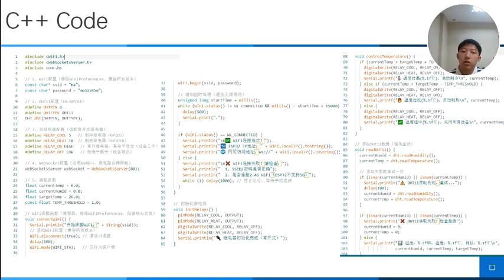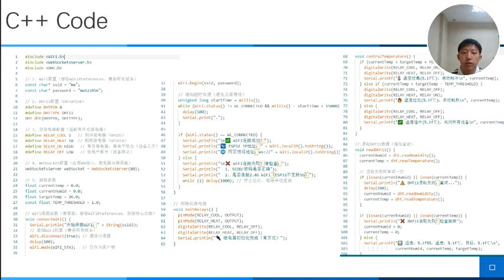Next is the core of the project, the C++ code. We will explain it to you in three modules. First, let's look at the first module, the function and the key implementation of the ESP32 core code. The goal of this part of the code is to realize the three module functions of connection, communication, and data forwarding, which especially include connecting to the